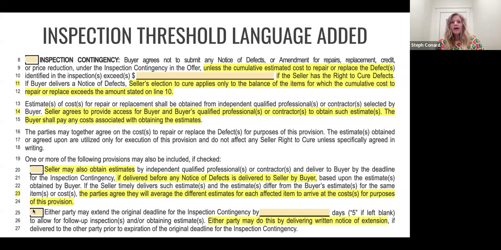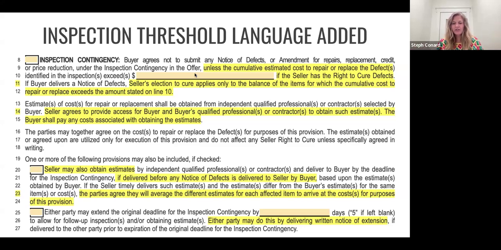Okay, now going back to how the threshold works. So this is laid out really nicely if we don't exceed that number, right? So if it's a $5,000 threshold, repairs come in at 4,500, we know we're just going to closing. If it exceeds this amount, however, that's when it's kind of just open up for and proceeding as if it's just a traditional